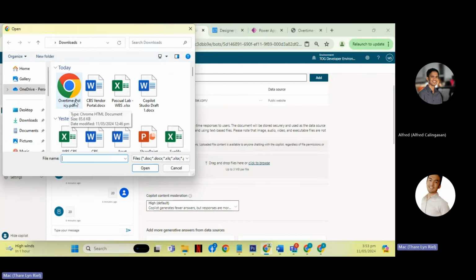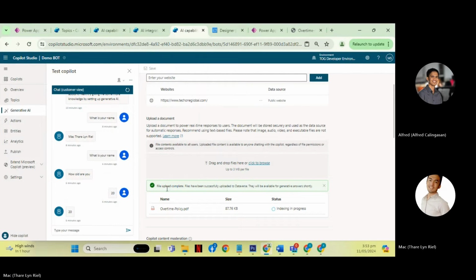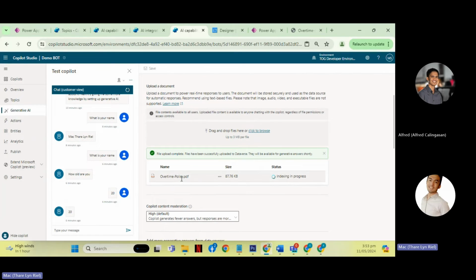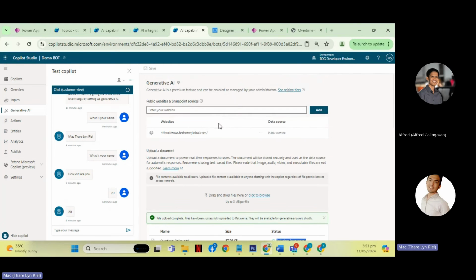For example, let's upload the overtime policy. When you upload that, it will take a few minutes before it is done indexing the file. Out of the box, Copilot Studio is limited to those data sources.